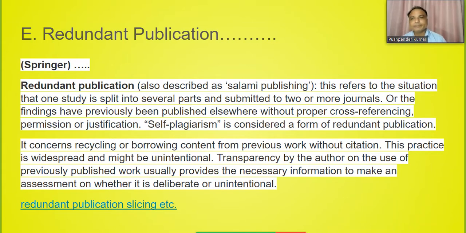According to Springer, redundant publication, also described as salami publishing, refers to the situation that one study is split into several parts and submitted to more journals. For example, what do you people do? You did a PhD, in the PhD you collected data, you used different tools. For example, you check the validity and reliability, then you go for